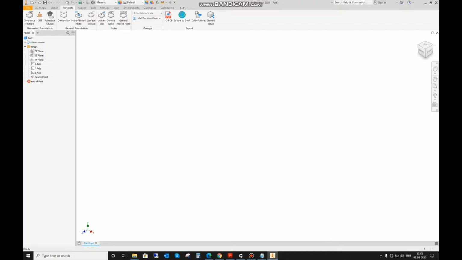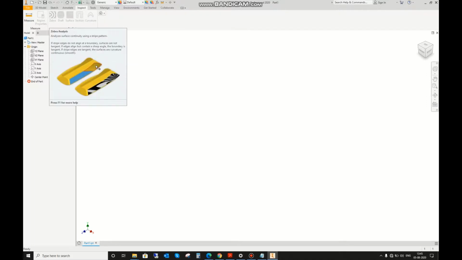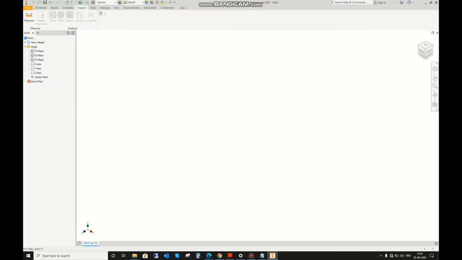These are just annotations you can see on your model if you want to check what dimension it is showing, or what hole or thread size it is, or what is the surface texture. In inspect, you can measure the length of particular lines or area of a face. You can also see interference if there are any. In tools, we can assign materials, appearance, application settings, and document settings.